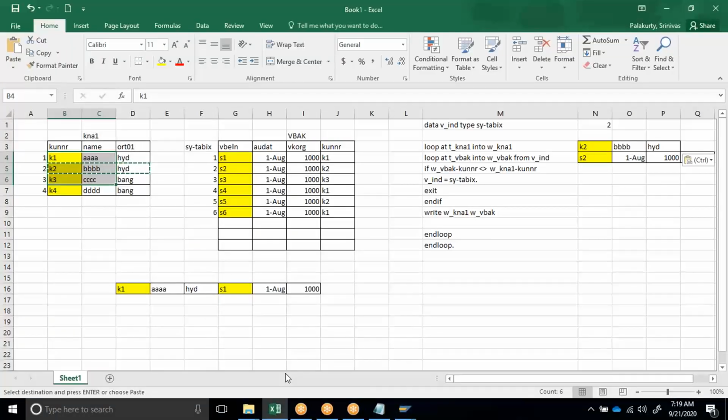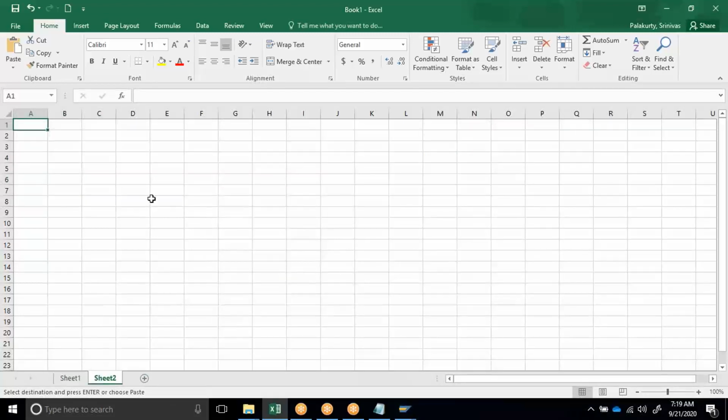Wherever we cannot use loop and read, there we go with parallel cursor. Example, take this case. Employee table, education table.